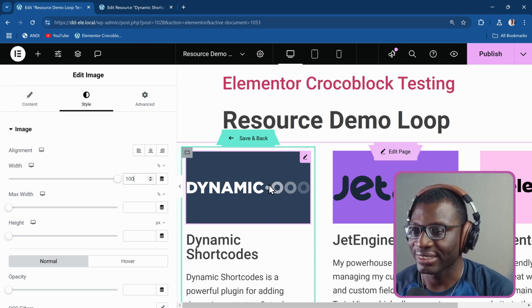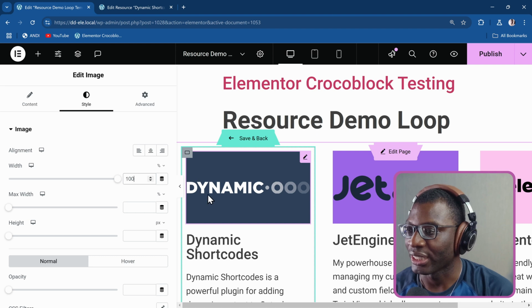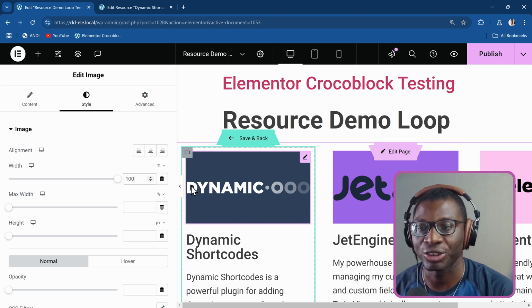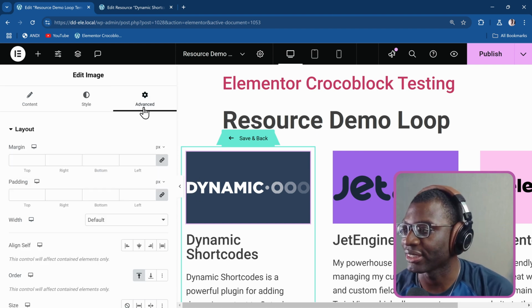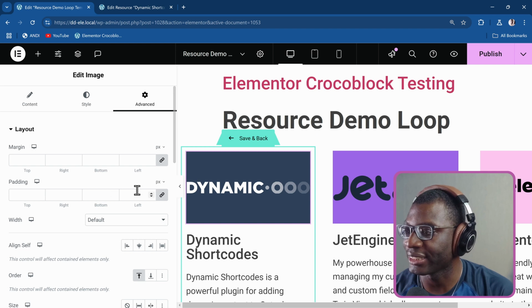So we get this nice styling. We can add some padding to make it not flush to the edge of the screen. So I'll come to the advanced tab, I'll come to the padding and I'll set some padding. So let's say